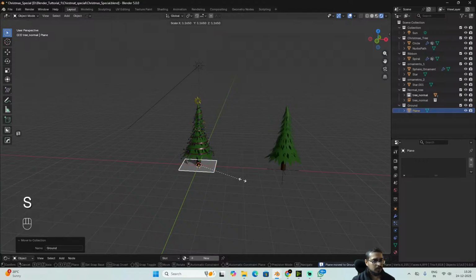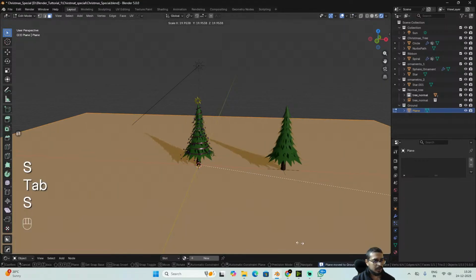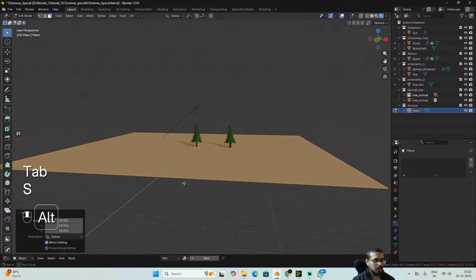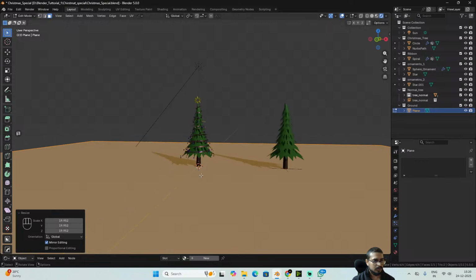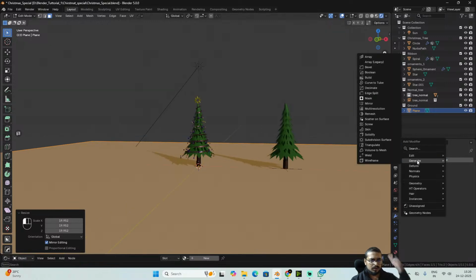Create. Scale it in edit mode to somewhere somewhat like this, and we'll add